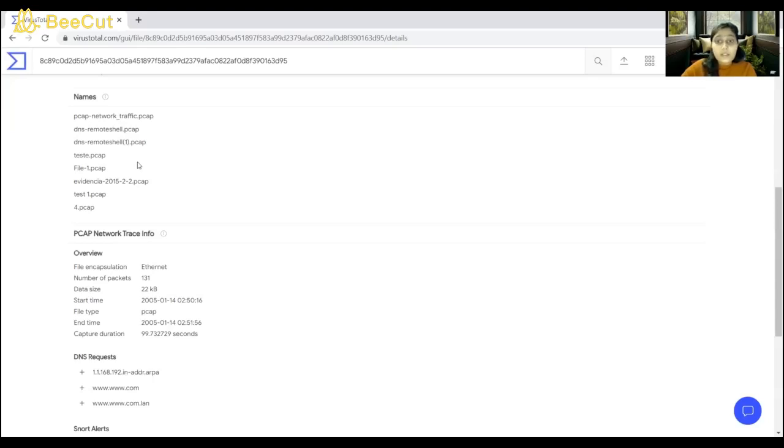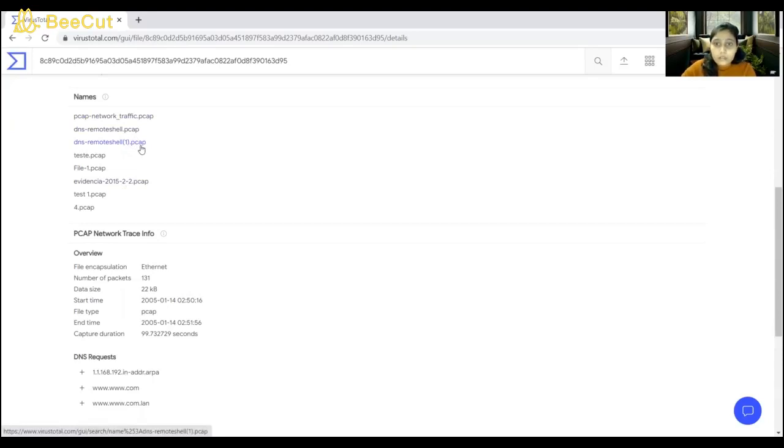But in this case, all of these names are similar. What we see is PCAP network traffic, DNS remote shell 1 test file, evidence 2015 test 1 for. If you notice, all these files end with dot pcap. Dot pcap is a network capture file.